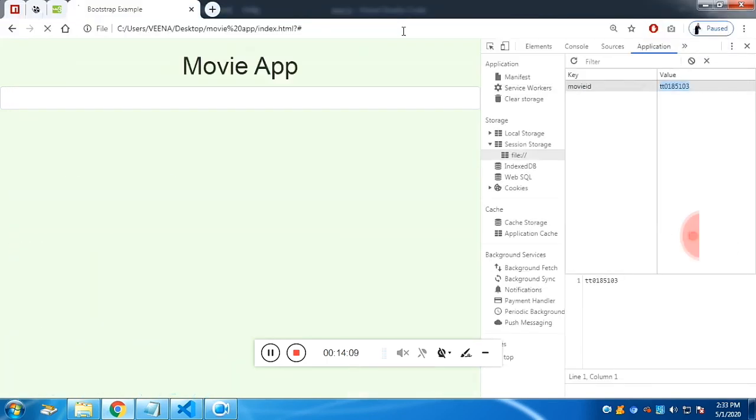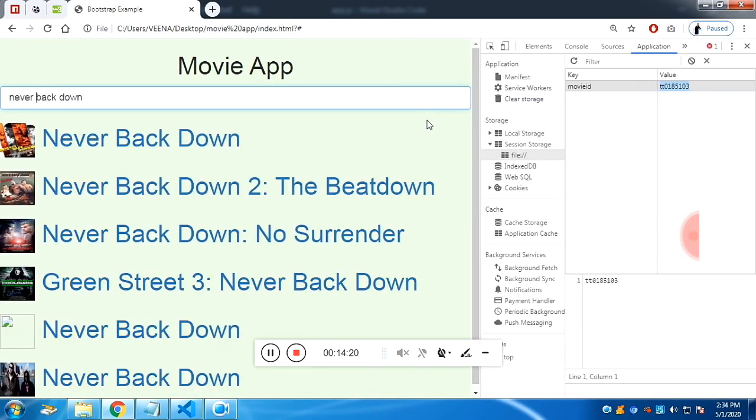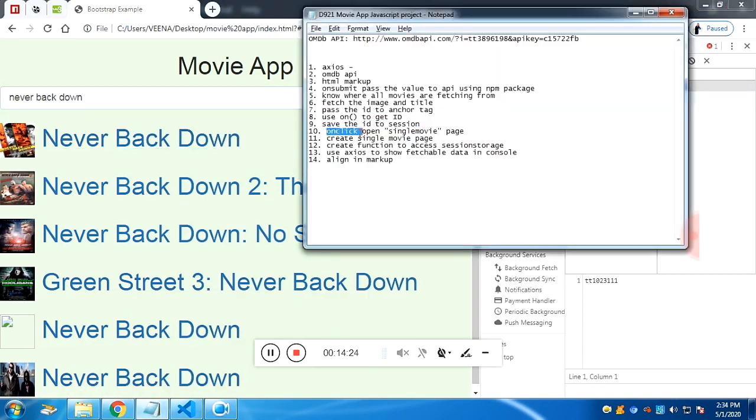Let's get into the normal Chrome. Fine. Now let's check again over here with the movie name. Click on the link, you can see the value is changed. Now when I click on the link, I want a page to open.